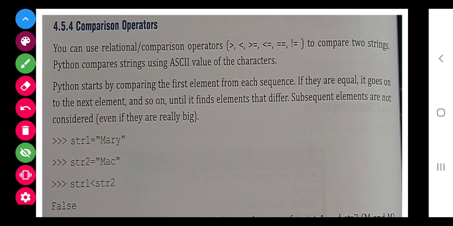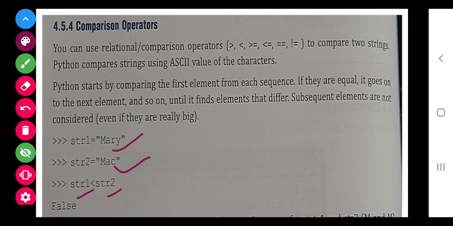We have some comparison operators also that we can operate. Greater than, smaller than, greater than or equal to, smaller than or equal to, double equals to, and not equals to. Double equals to is the comparison operator, as I have told you. Equal to is the assignment operator, but double equals to is the comparison operator, that is a relational operator. So they have given str1 as Mary and str2 as Mac. Question is, is string 1 smaller than string 2?